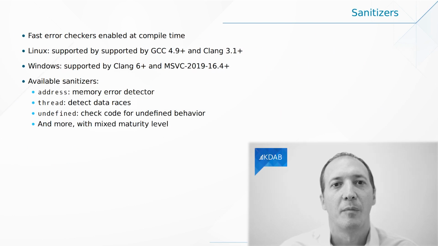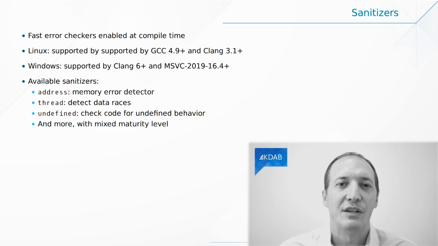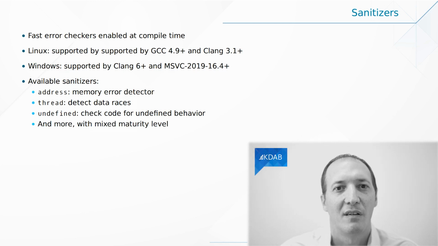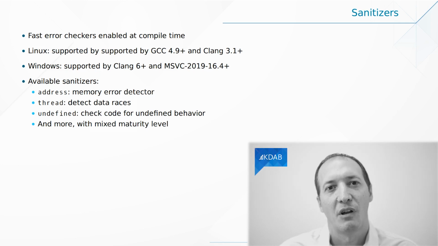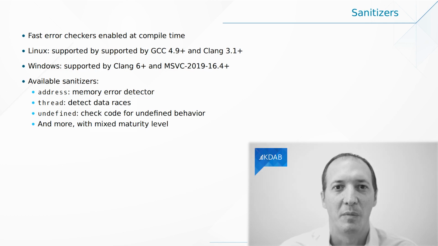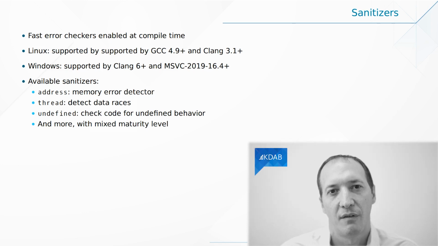And finally, let's talk about sanitizers. This is another way to detect problems like the use of invalid memory or double deletion. But instead of doing that with an outside tool, what we can do with sanitizers is actually ask the compiler to inject code into your own code that does all of these verifications. Anytime your code is going to allocate memory, it will remember that. Anytime your code will use an area of memory, it will first check that it's able to do so. And this is extremely powerful. It's a lot faster than Valgrind.